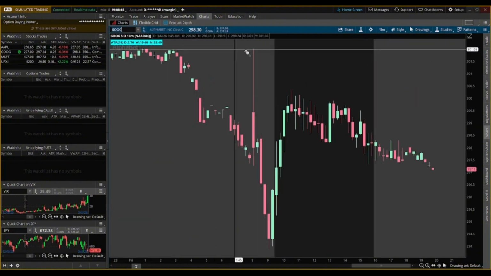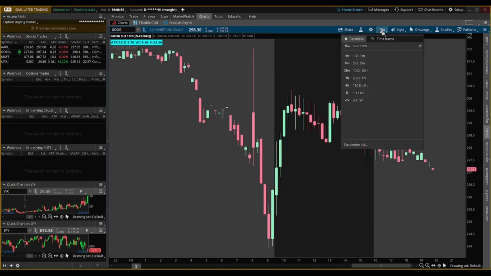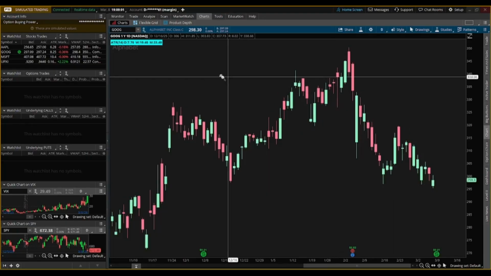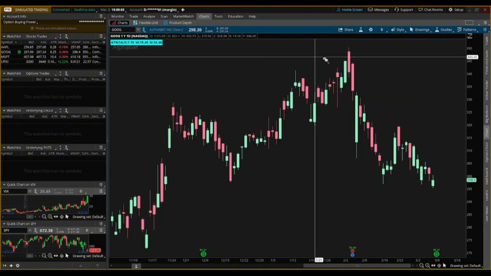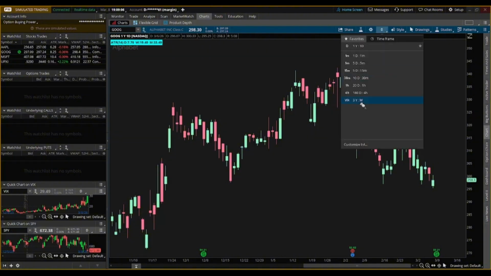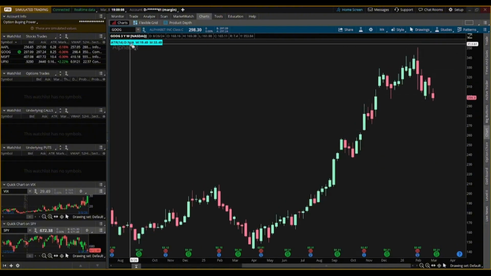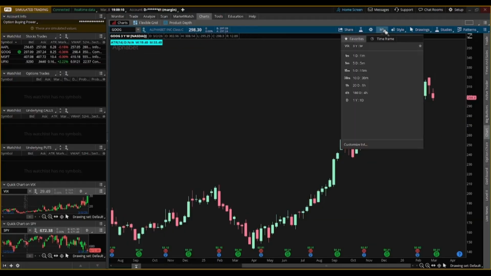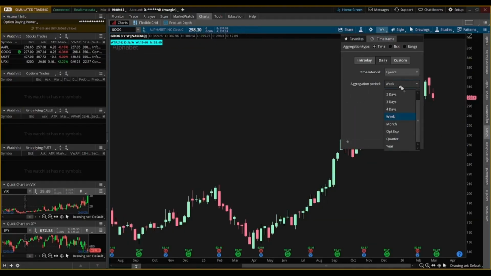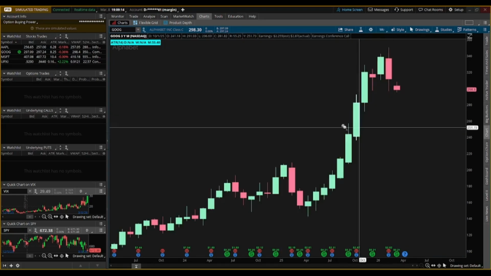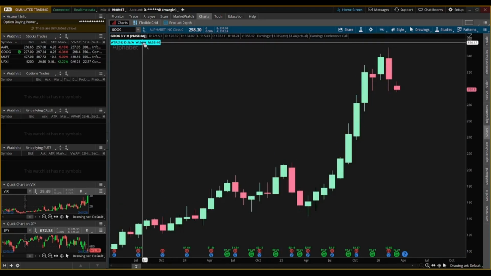I wrote the study to automatically adjust based on your chart's time frame. Thinkorswim cannot display data from a lower time frame on a higher time frame chart, so the study will show not applicable for the values affected. If you're viewing a daily chart or lower, all 3 values will display. If you're viewing a weekly chart, the daily will be not applicable. If you're viewing a monthly chart, both the daily and weekly values will show as not applicable. The study always shows what's available for the time frame selected.